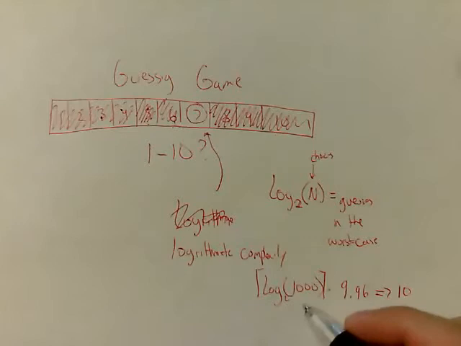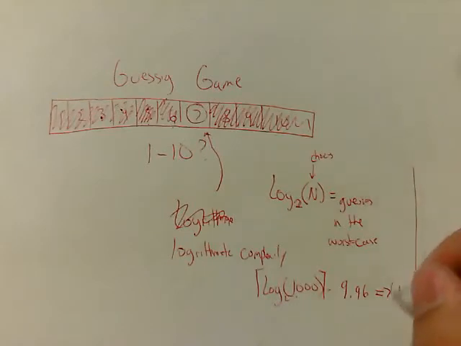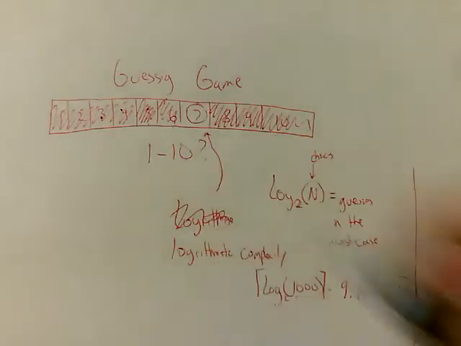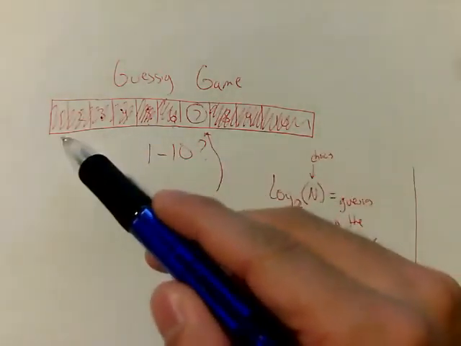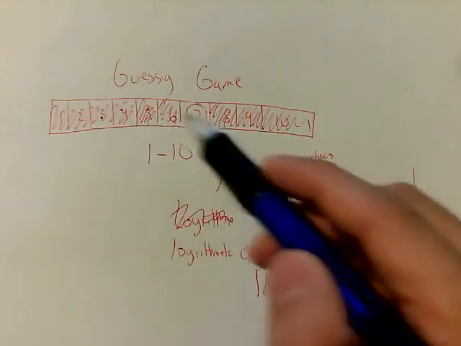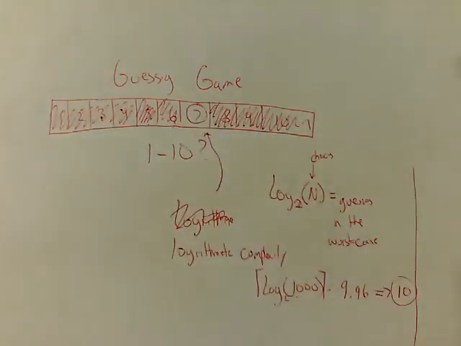Okay, so that seems much better than if we had 1 through 1,000 and started out guessing number 1, number 2, 3, 4, and so on. So we can actually do pretty well with this logarithmic complexity. It saves us a lot of time, and often with computers, we're interested in saving time and searching for information as fast as possible. And we can do this because these numbers are in order, so we can eliminate half the possibilities at each guess. That's what's known as logarithmic